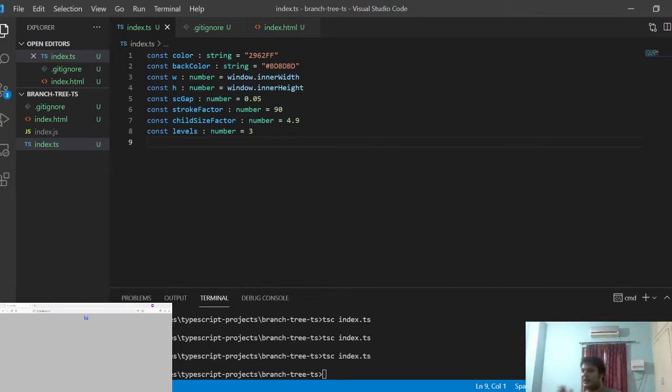We'll try to visualize all the lines, all the branches, the main stem, then some branches, and then the branches will have their own sub branches. Like that, I want to draw something. I will use HTML canvas and a couple of animation timer methods, mostly setInterval and HTML5 canvas, and I will try to code this in TypeScript. So these are the main tools, and this is the outline of our project.